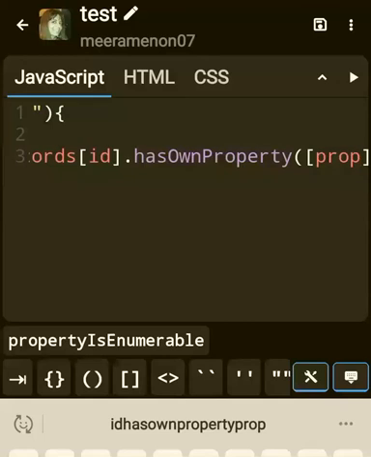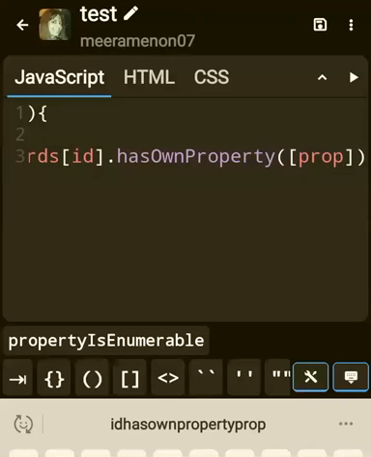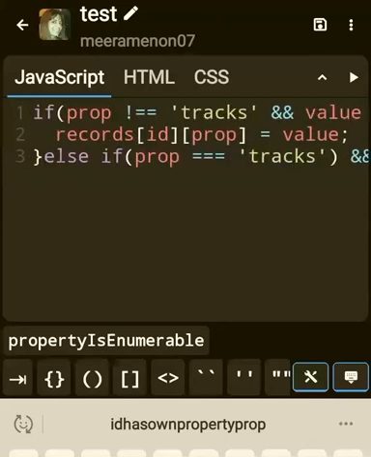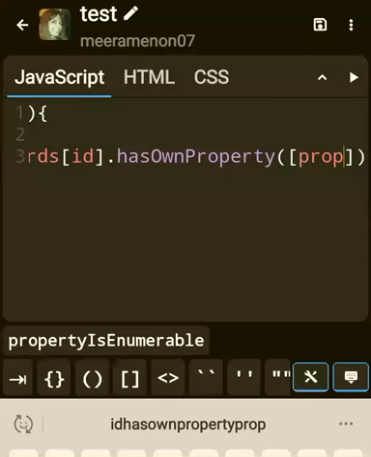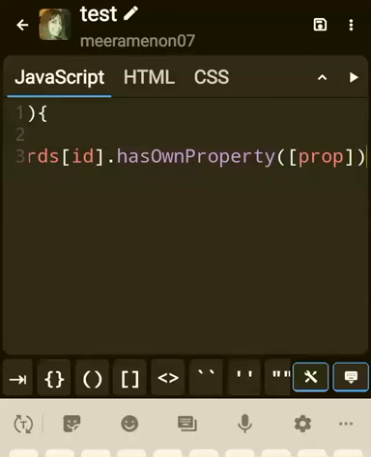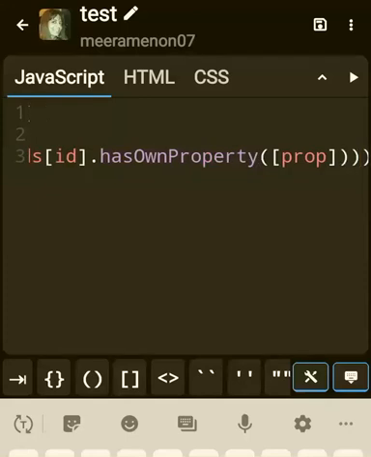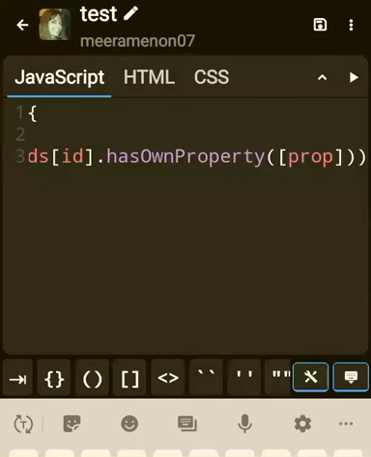Because prop is already equal to tracks, I don't need to write tracks here. That's why I'm writing prop here. You can also write tracks, but no need because we've already mentioned that prop is equal to tracks, so it means the same thing, right? So if prop is equal to tracks and not records dot hasOwnProperty prop, that means prop is equal to tracks and it does not have its own property tracks.